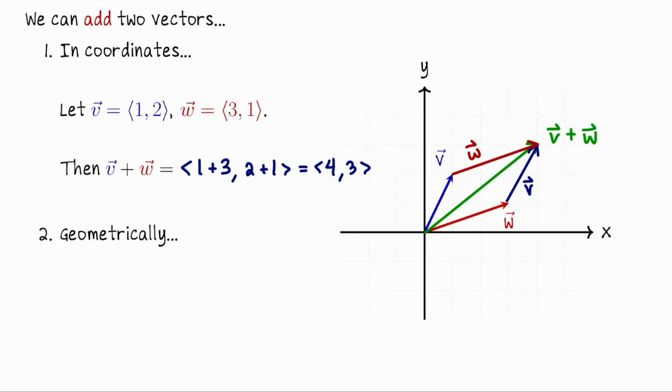So when we do vector addition, this is how we think of it. If I'm doing v plus w, typically I would picture first going from the origin to the head of v, putting the tail of w there, and then going to the head of w. So it's like you connect the two vectors in that order. The order doesn't actually matter though, so you could do v and then w, or you could do w and then v. They'll both get you to the same place. And if you step back and look at this shape, it's a parallelogram. So we say that vector addition follows the parallelogram law.